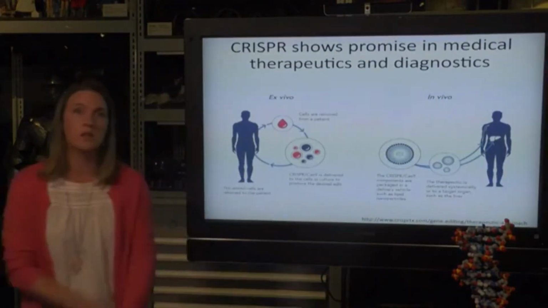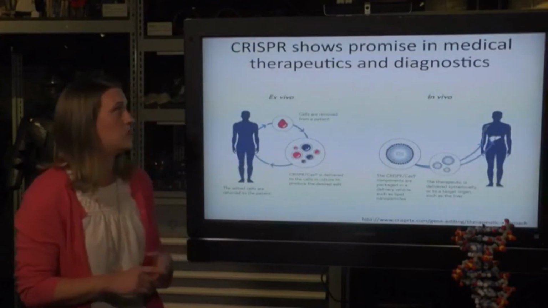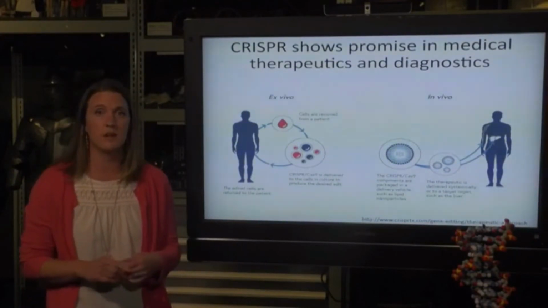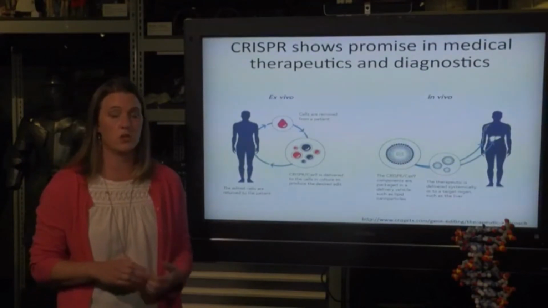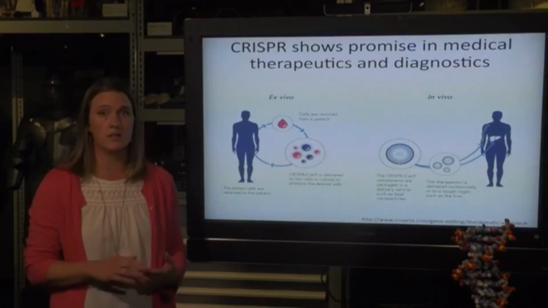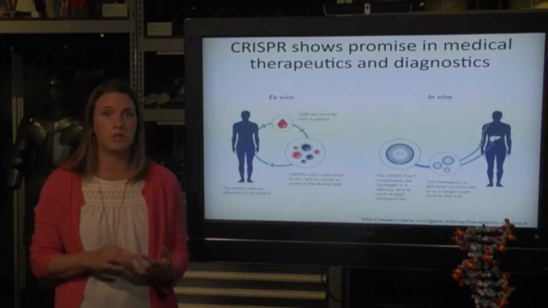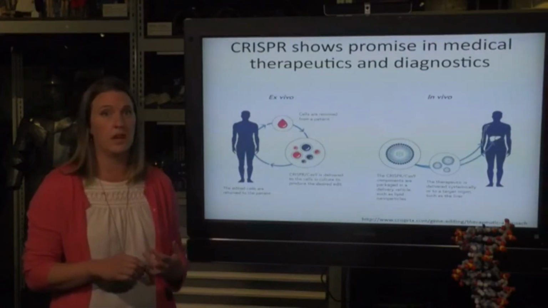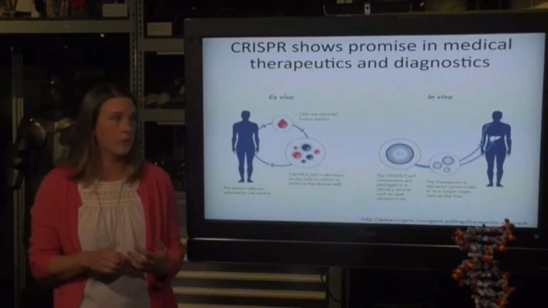What about in medicine? CRISPR is showing promise to have many applications in therapies and treatments and diagnostics in medicine. There are trials and studies going on trying to help genetic diseases like cystic fibrosis, sickle cell anemia, which is a blood disorder, even cancer. They're trying to help our immune cells detect cancer cells better using CRISPR.